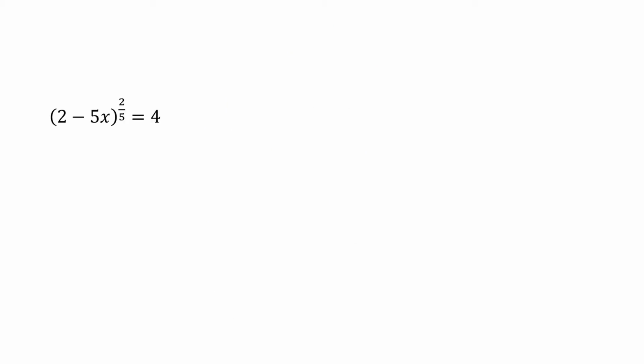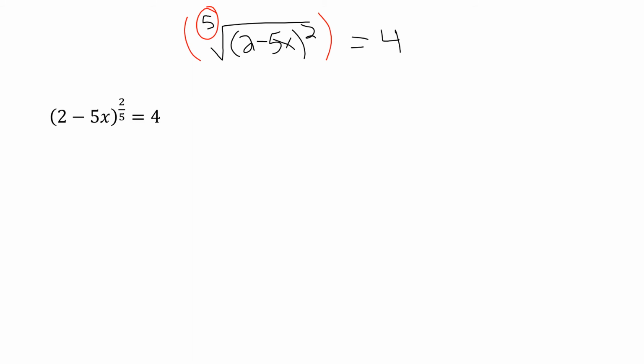Let's try one more of these. All right, so 2 minus 5x to the 2/5 power would be written as the 5th root of 2 minus 5x squared equals 4. We're going to go through and get rid of one thing at a time until the only thing left is just x. All right, so this is a 5th root. To get rid of a 5th root, we're going to raise both sides to the 5th power. The 5th root and the 5th power cancel out. So now we have 2 minus 5x squared equals 4 to the 5th power,